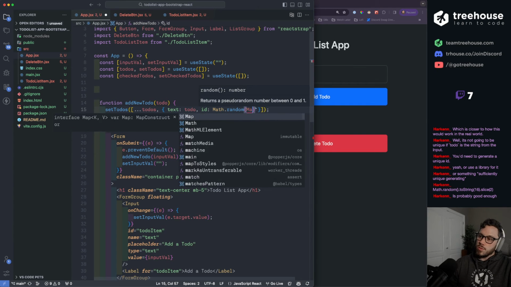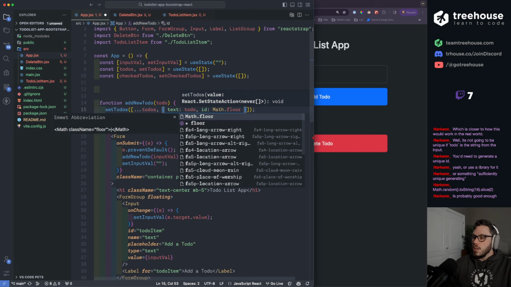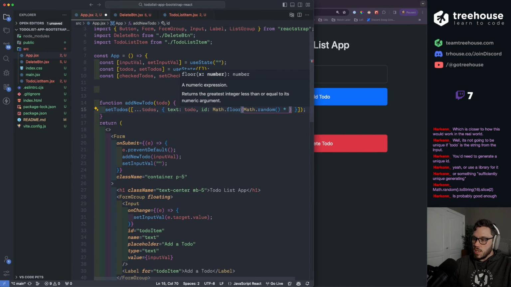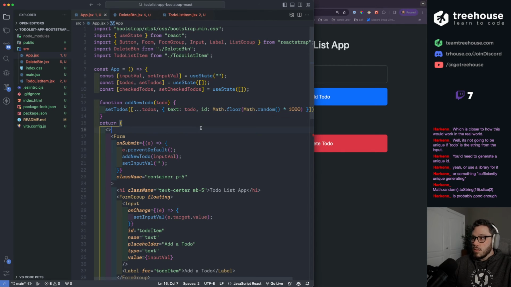Nope, I think it is floor first. So it's Math.floor, Math.random, times like 1,000. Math.random().toString(16).slice(2). That works. Let's just do that. Let me copy that. Oops, I pinned it.